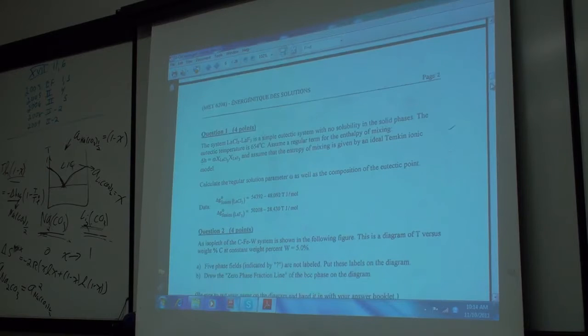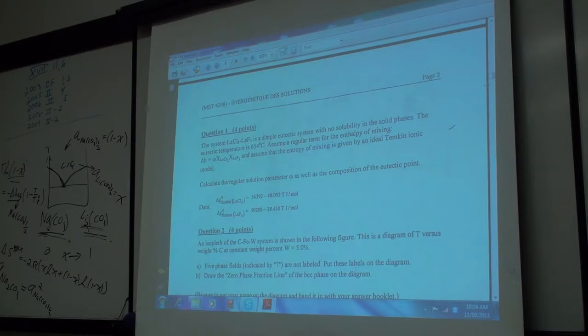Okay, question 1 is pretty much the same thing. The system is lanthanum chloride, lanthanum fluoride, a simple eutectic system. The eutectic temperature is 644. This is virtually the same idea. Assume a regular term for the enthalpy of mixing, and assume that the entropy is given by an ideal Temkin